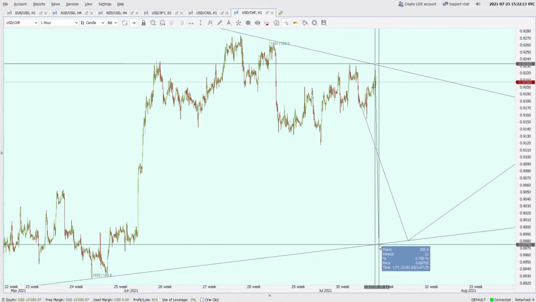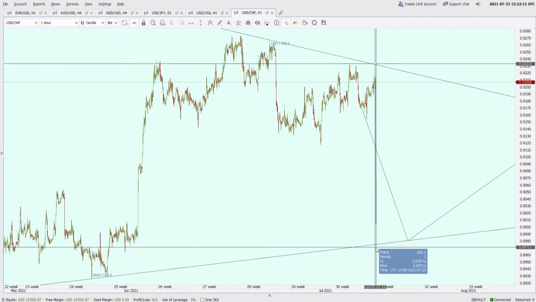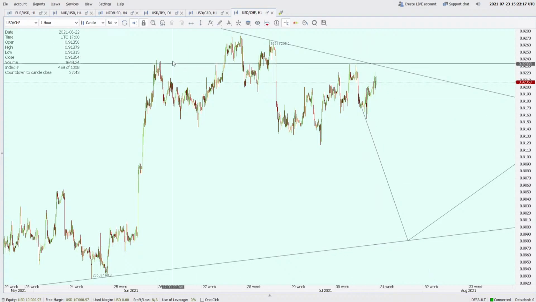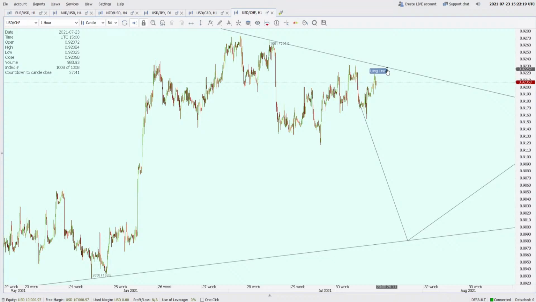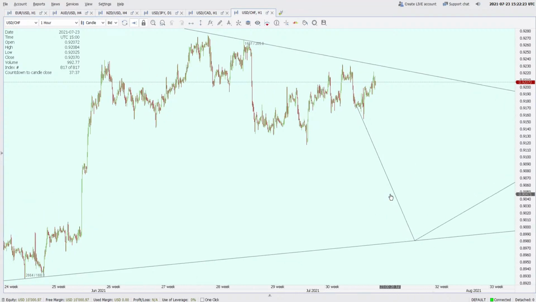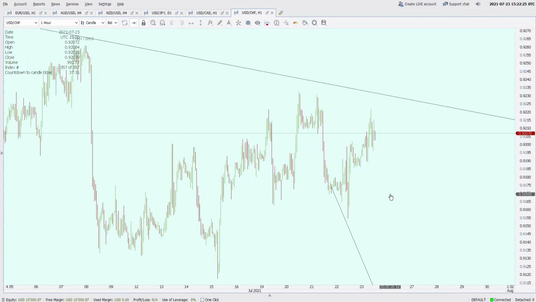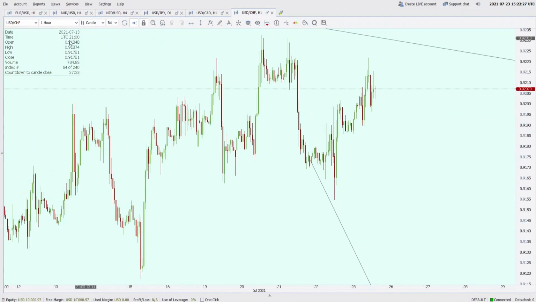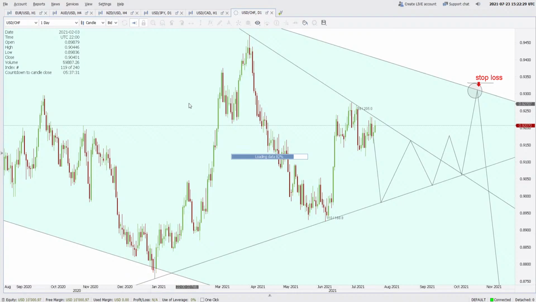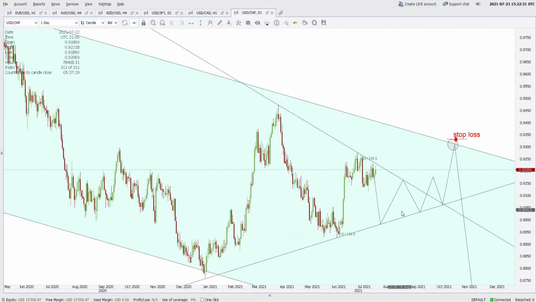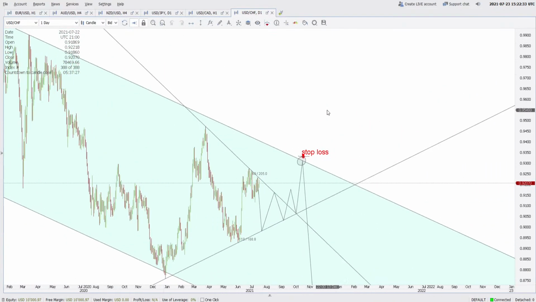Right now this range is almost 260 pips. So if you are going to sell here at this resistance and buy back again here, you will still get a range of almost 200 pips. But if you are a long-term trader, then I will say wait for the price to clear from this symmetrical triangle and then eventually go for a sell at around this, which we have already marked on the daily